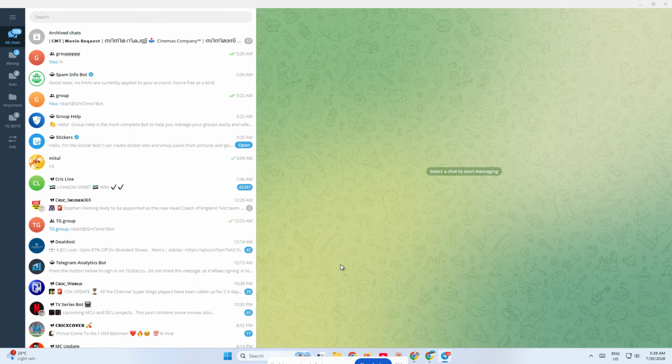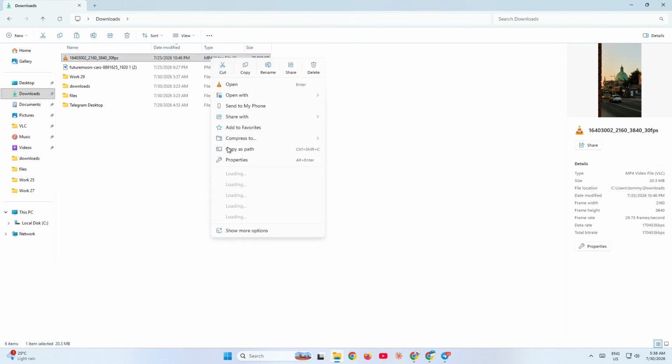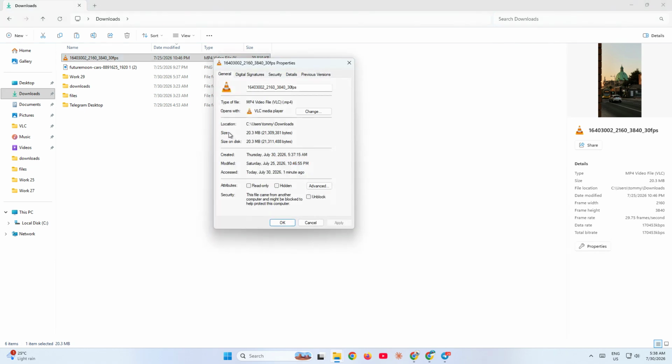Let's jump right in. First, check the file size of the video you're trying to send. Telegram has upload limits, and on the free version, the standard limit is usually 2 GB. So if your video is larger than that, it may fail to upload completely. To check this, right-click the video file on your computer and open its properties, then look at the size. If the file is too big, you'll need to reduce it by trimming it, compressing it, or exporting it at